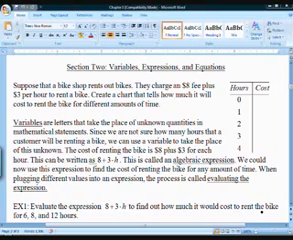It says, suppose that a bike shop rents out bikes. They charge an $8 fee plus $3 per hour to rent a bike. Create a chart that tells how much it will cost to rent the bike for different amounts of time. Again, $8 fee. So if you walk into the bike shop, you've got to automatically pay $8 plus $3 per